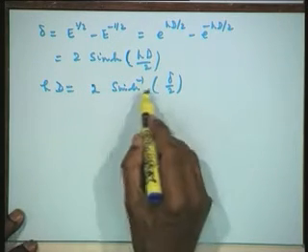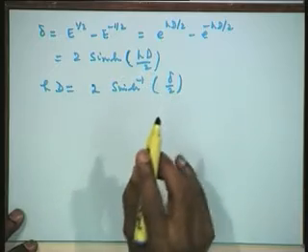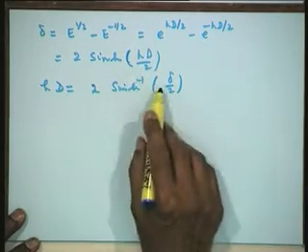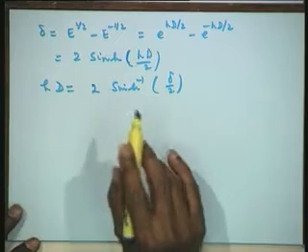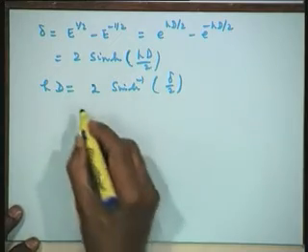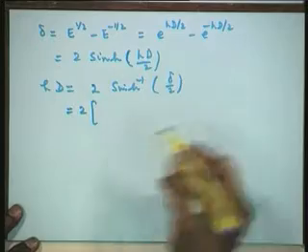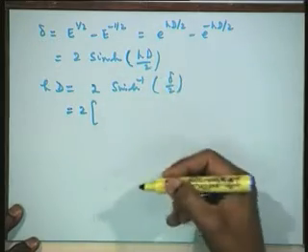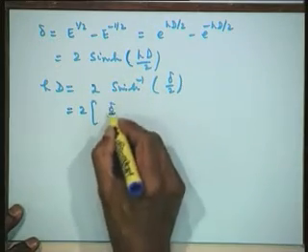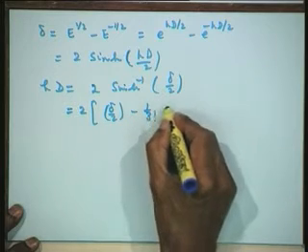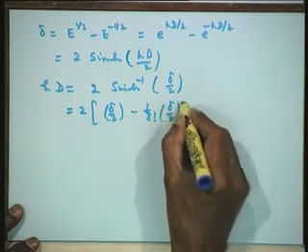Now, the first 2 terms of the expansion of sin hyperbolic inverse are the same as the first 2 terms of sin inverse. So, let us write down those 2 terms, that is sin inverse x is x minus x cubed by factorial 3. So, that will be delta by 2 minus 1 upon factorial 3 into delta by 2 whole cubed.